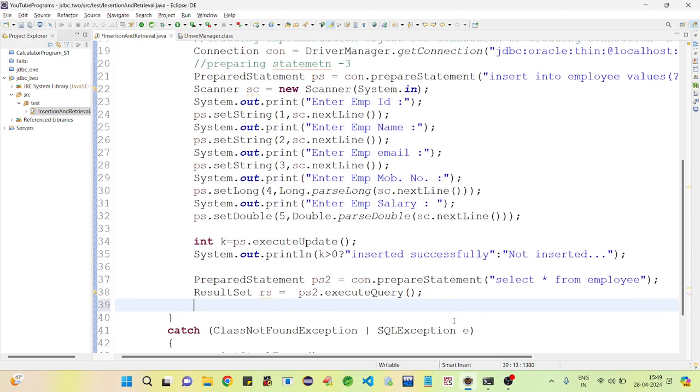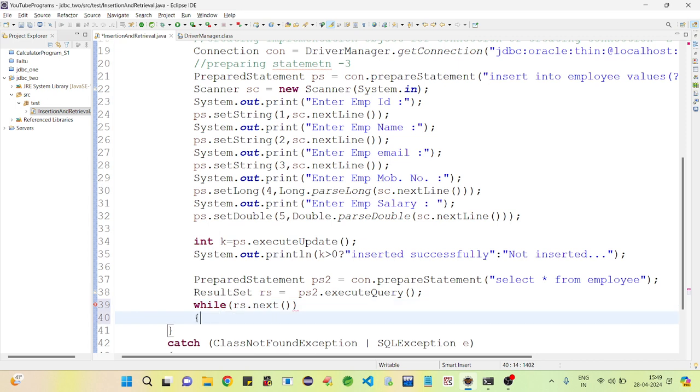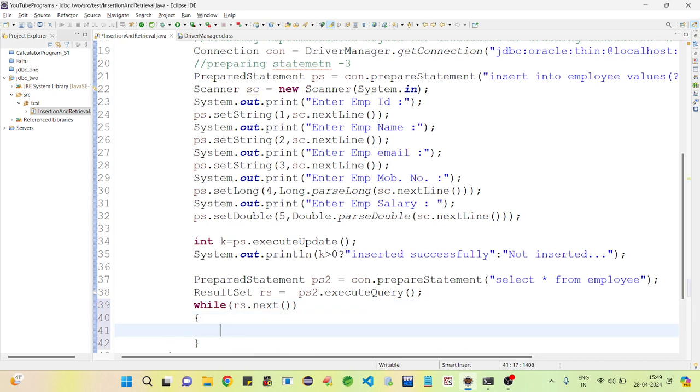To get data from ResultSet, we have to use a while loop. While rs.next, it is checking inside ResultSet, is there any data? If inside ResultSet any data is available, then it is going to return true. After true, we are going to do like this.